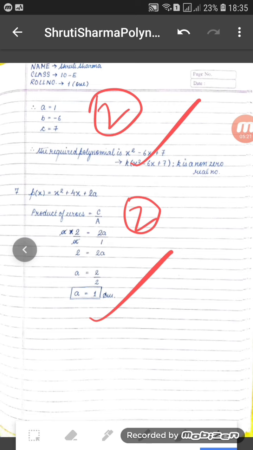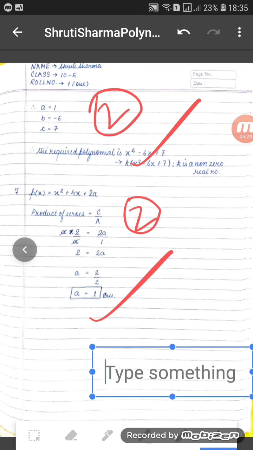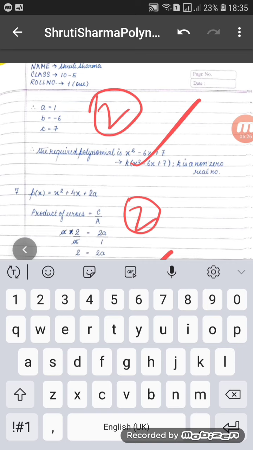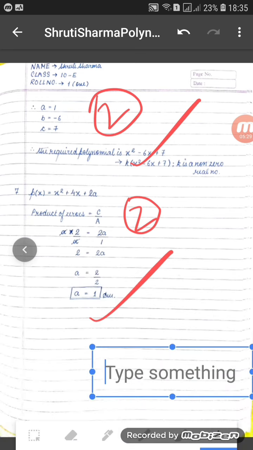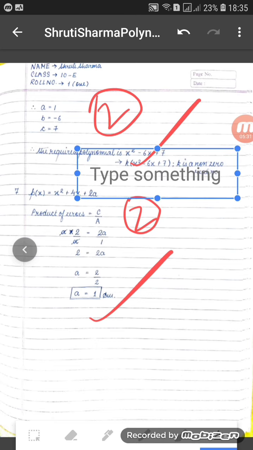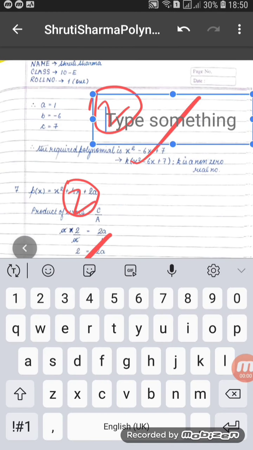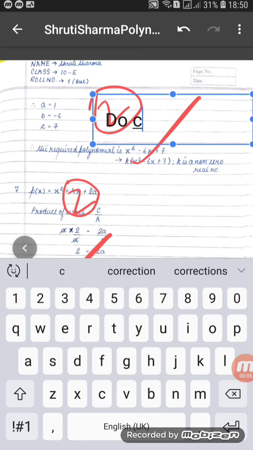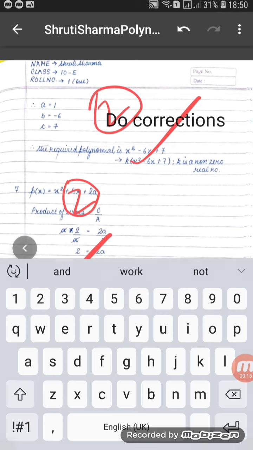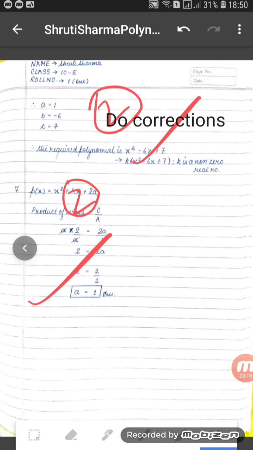So after clicking over there, I will click upon the answer sheet. I will get a box over there. You can see that I have got a box which I can move wherever I want to, and suppose I've kept it here. And then now I want to write something, so I'm simply typing here that I just want to write do corrections. So I will write do corrections, and then I will simply press slightly on the other part which is not in this rectangular box to remove this box, and for the instruction to be given to the student.